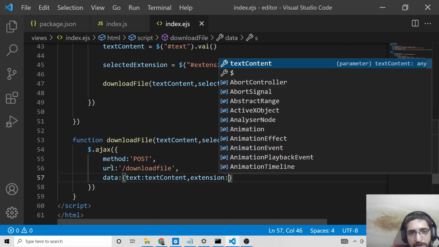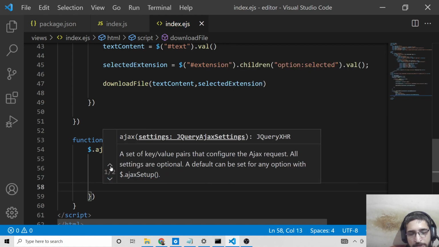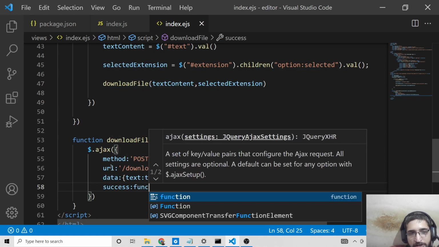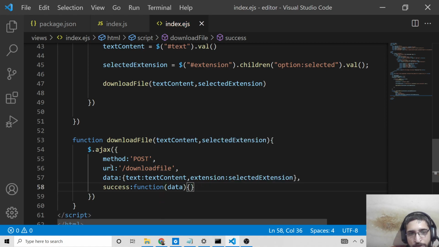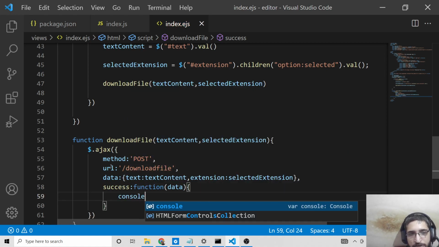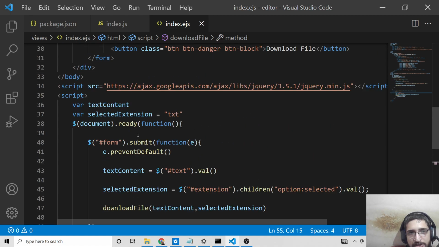So we will pass two variables which will be text content and selected extension, and the last option is success callback. So when the request is successful, we will get data back from the Node.js server. So we can console log this data like this. So I think the HTML here, this code is complete on the client side.